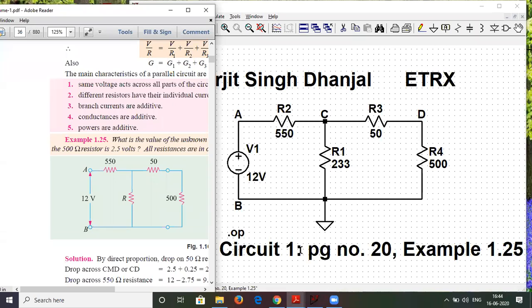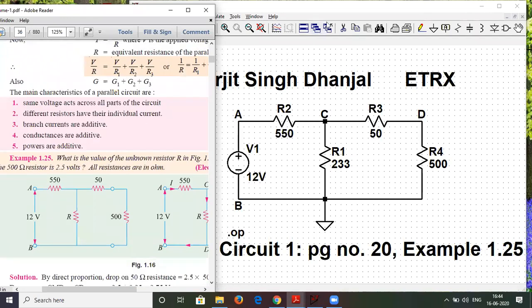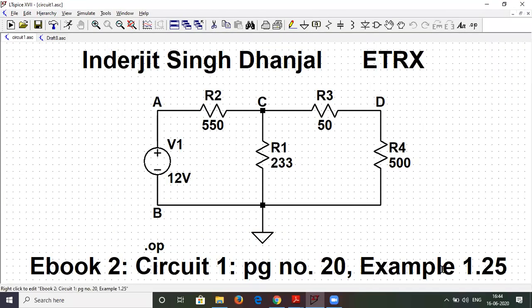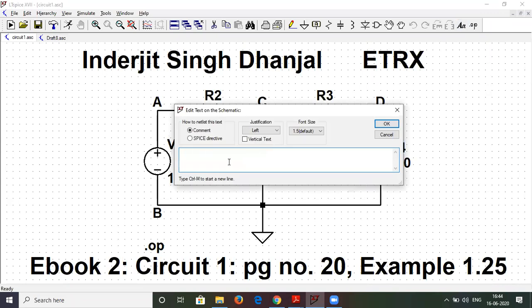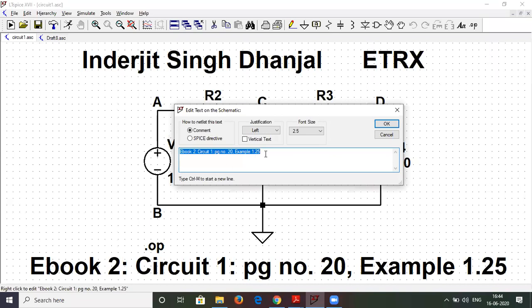So let's say this is circuit number 1, page number 20, as you can see over here, and this is example number 1.25. Whenever you do any circuit, you have to mention it in the same format. Go to this text and start typing this. Select a font size of 2.5 and click on OK.